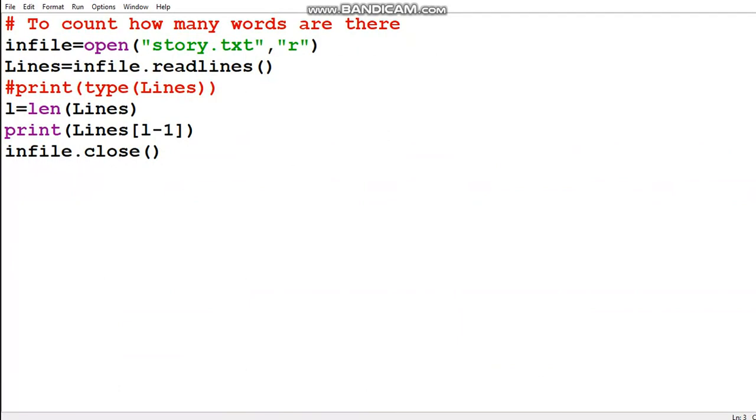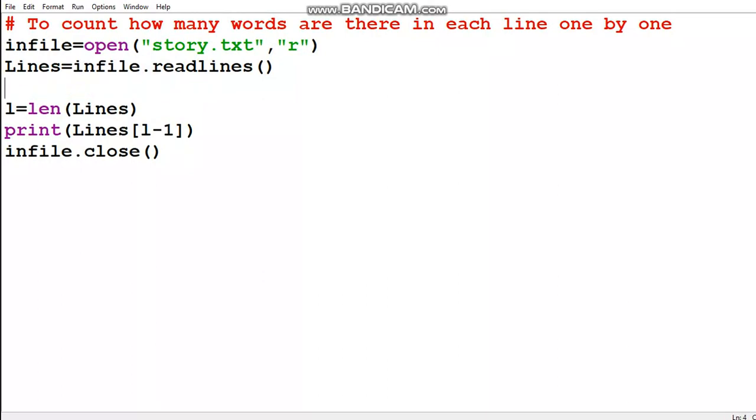Now we'll go for another program, that is to count how many words are there in a line, in each line, individually, one by one. So firstly we have opened the file, and readlines is not required here, so we'll remove this.